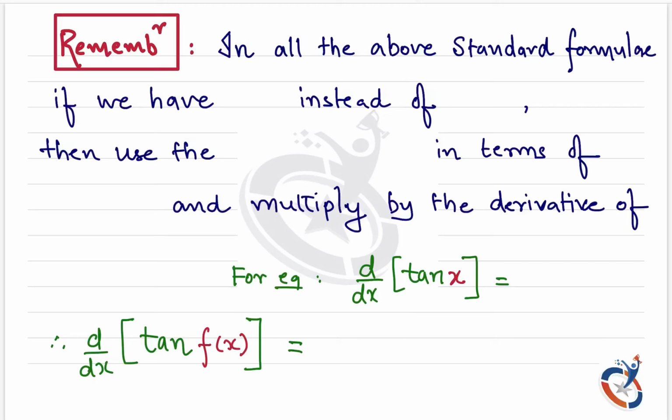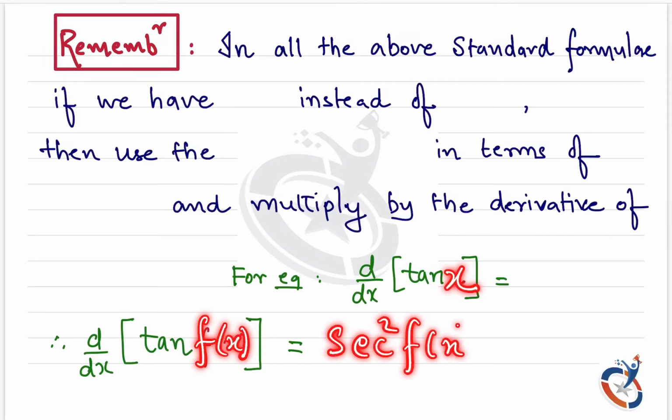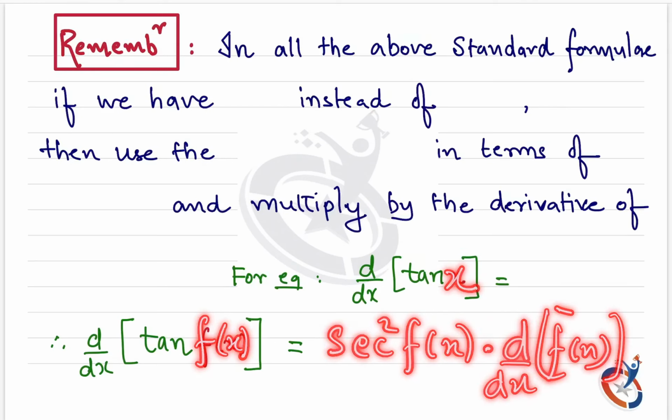So what I've written is, we have studied all the formulas in terms of x. Derivative of x raised to n, derivative of e raised to x, derivative of a raised to x, derivative of sin x, derivative of cos x. We used to write derivative of sin x is equal to cos x. Derivative of tan x is equal to sec square x, right? Now instead of x, suppose you have f of x. Then the answer becomes sec square f of x into the derivative of f of x also. Clear? That was the composite rule.